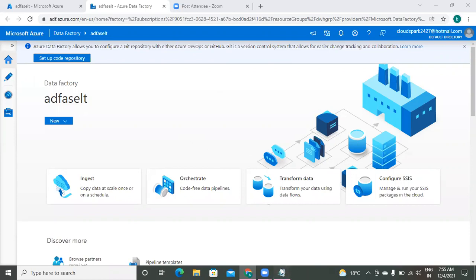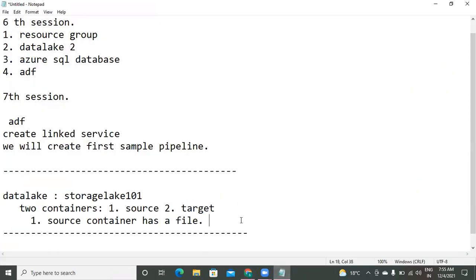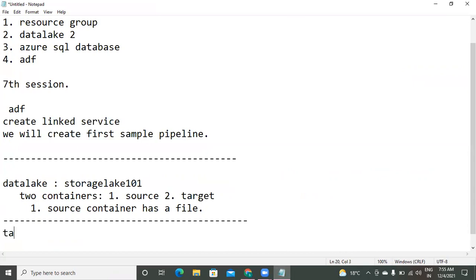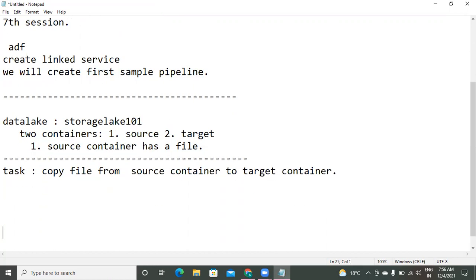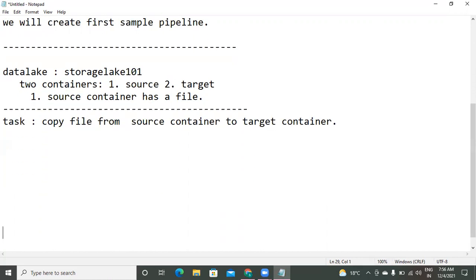Our intention is to copy data from the source container to the target container. So that is our work, and for this we need to create the pipeline.